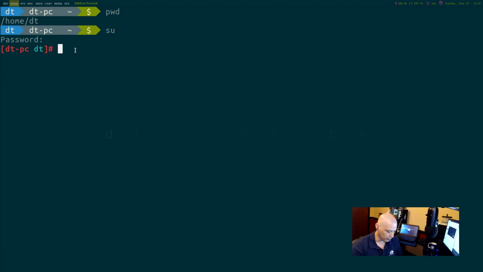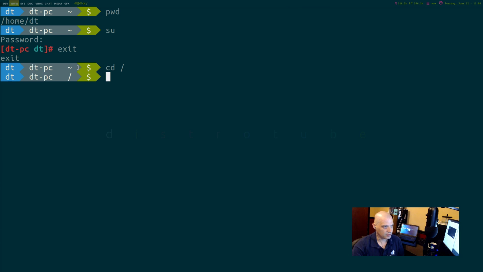I'm going to exit out of my root user though. So exit. Now I'm back to my home user, the dollar symbol. I'm also in my home directory, the tilde character here. If I want to switch to a different directory other than my home directory, you use the cd command. CD stands for change directory. Very easy to remember. If I want to go to the root directory, root is just a slash, right? And now the tilde character is no longer there. Now we have this slash. Now it's telling me I'm in my root directory.